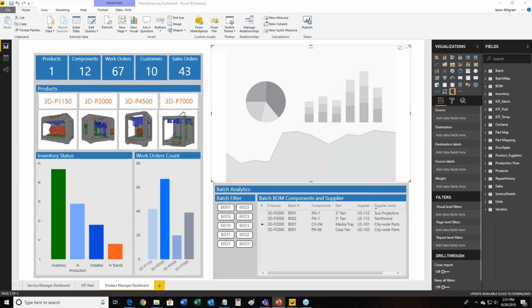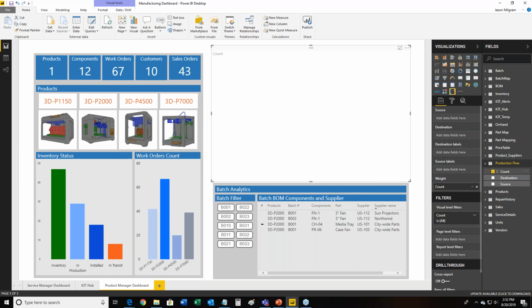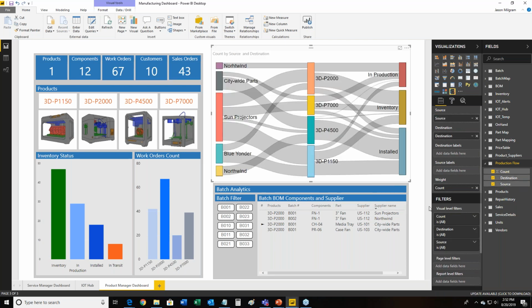And we're going to look at the data quickly. Let's see. By production flow, we're going to add a count. We're going to add, let's see. Let's add source and destination.